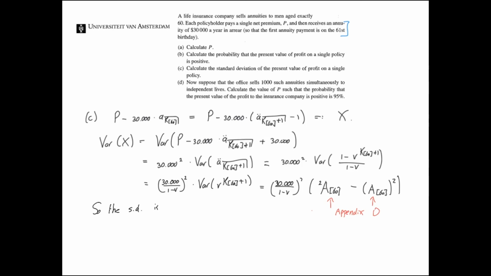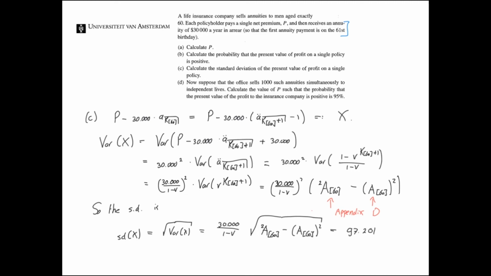Let's denote this as d of x, the square root of the variance of x, which is then 30,000 over 1 minus v times the square root of this expression, so of the second moment minus the first moment squared. And plugging this all in should give you 97,201 approximately. And this is the standard deviation of the present value of profit on a single policy, which answers